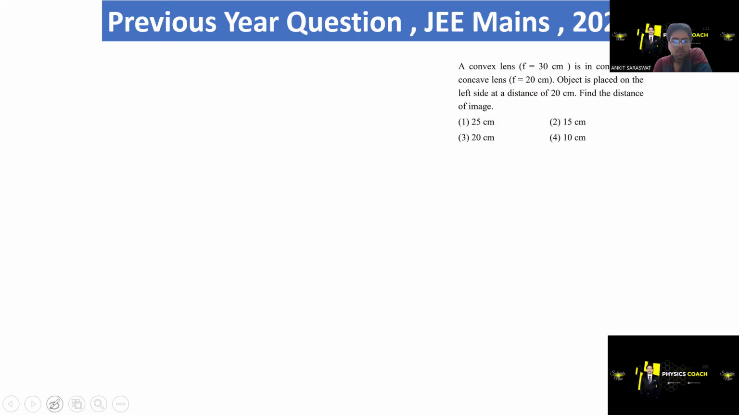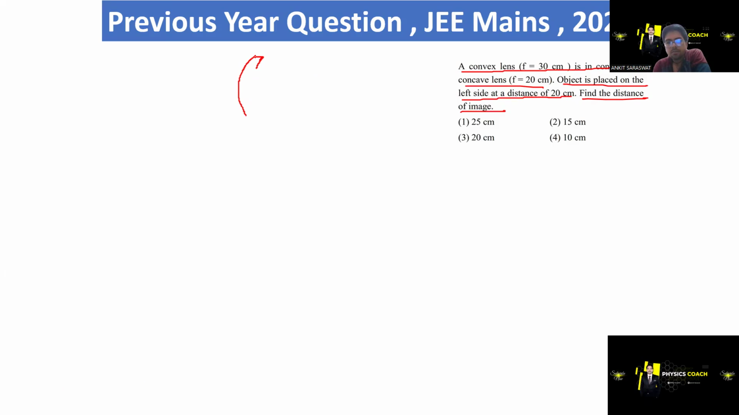Hi everyone. Question is saying that a convex lens is in contact with a concave lens. Object is placed on the left side at a distance of 20 centimeters. Find the distance of image. So convex lens is in contact with a concave lens